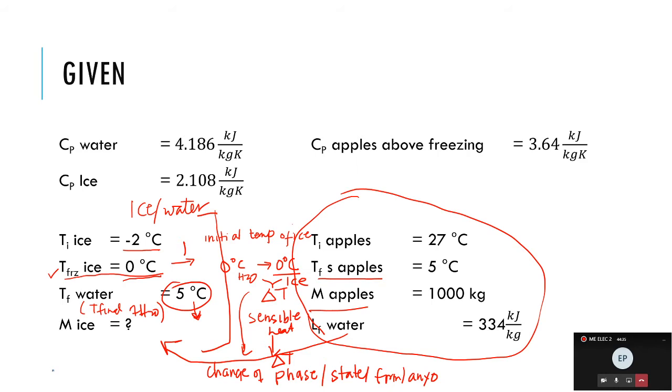What are the data? Based on the problem, what are the data available to us as far as apples are concerned? So we have an initial temperature of apples. First, I would like to discuss the quantity of apples. How many apples do we need to cool down? To refrigerate. 1,000 kilogram. Okay. So 1,000 kilogram. If we may state this in another term,